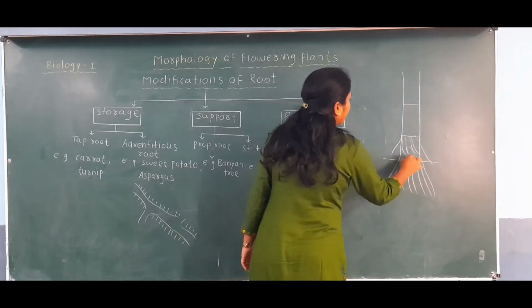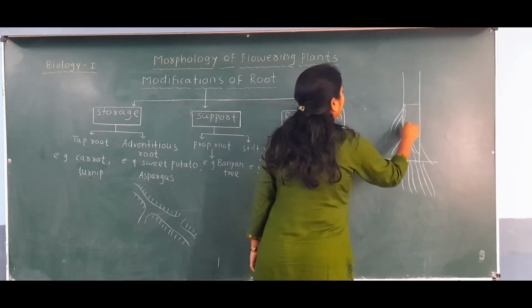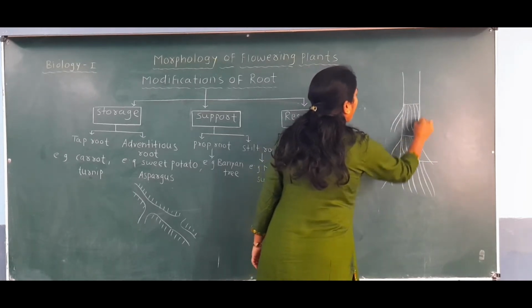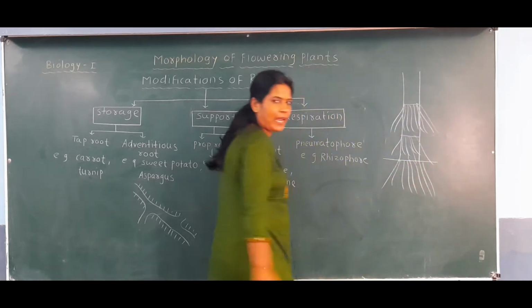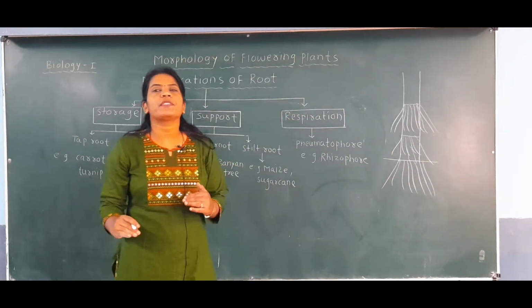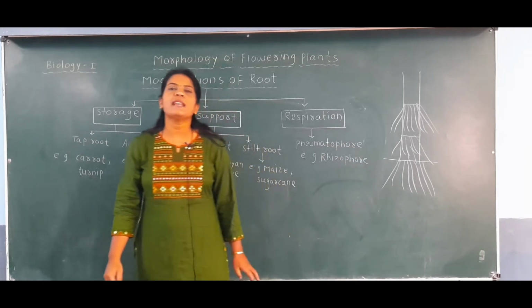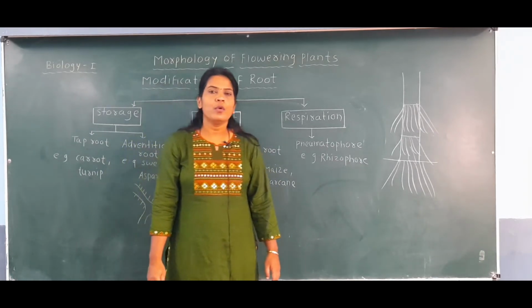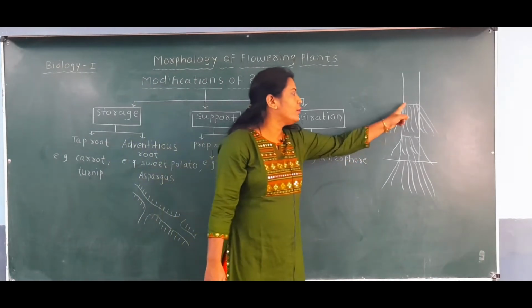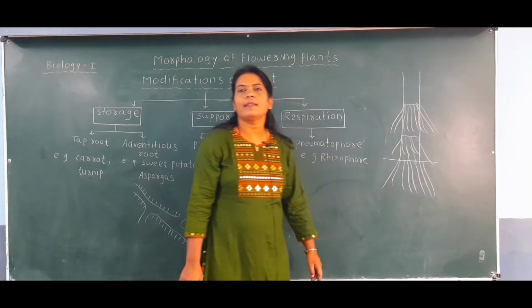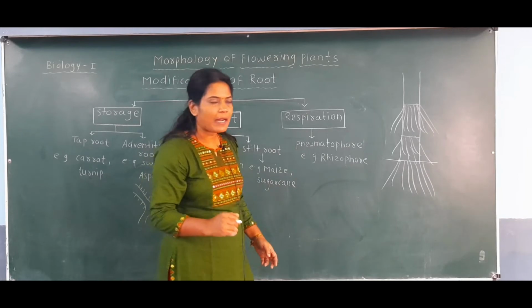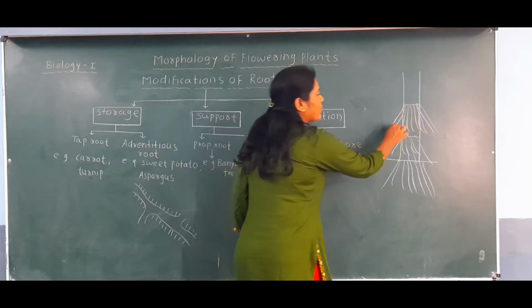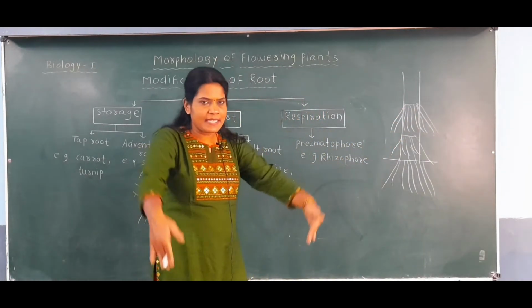In our previous lecture we have seen what is meant by node. Node means that part of the stem on which leaves arise. Okay, so these are the nodes of the maize, and from the node part of the maize the additional roots are developed, and these grow obliquely inside the soil.